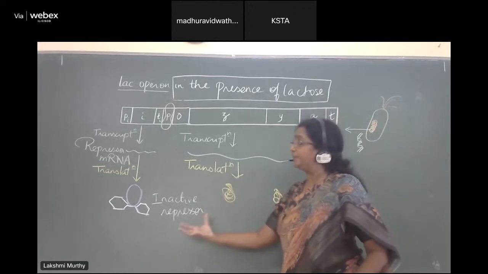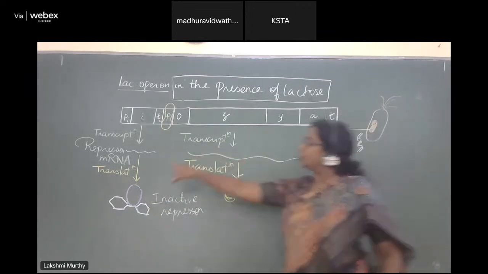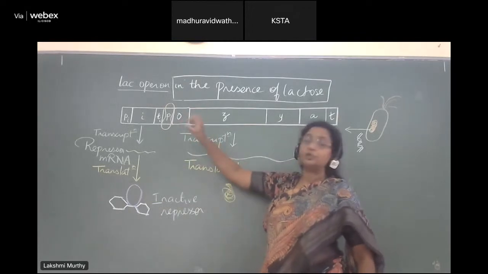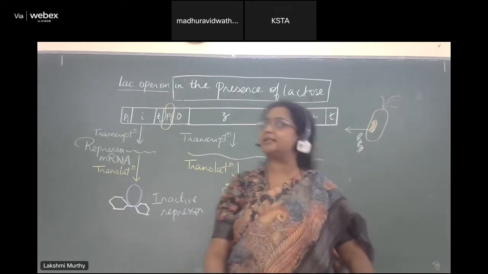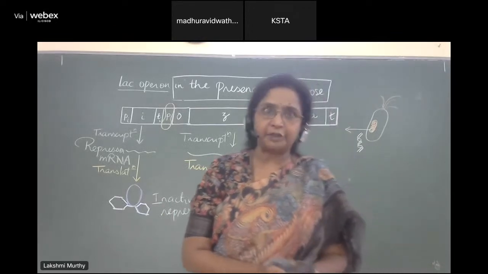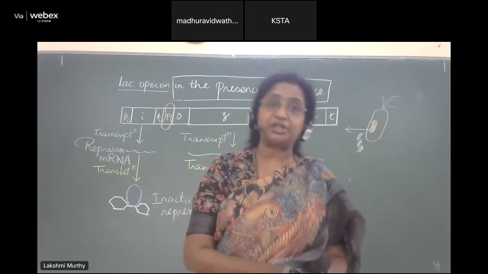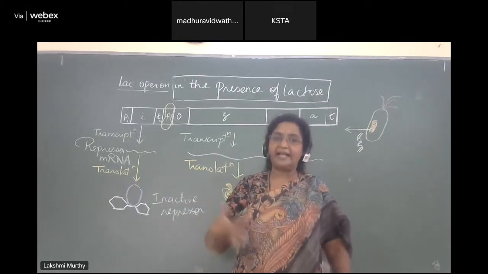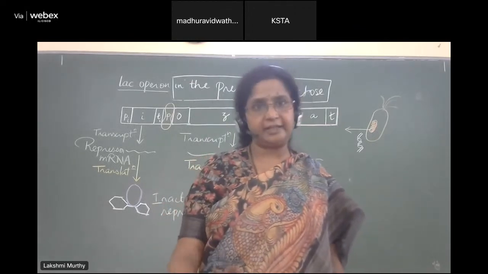Here, who is helping to switch on the gene so that the enzymes are made? That inducer is lactose. Lactose is the one that is helping to switch on the gene. Right? Therefore, lactose is called the inducer here. And such a gene expression is called inducible regulation. This kind of regulation is also called negative regulation because lactose is bringing about its own breakdown. As lactose is bringing about its own breakdown, it is also called negative regulation.